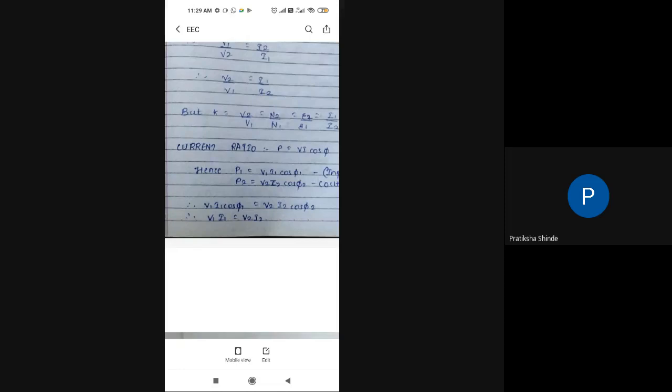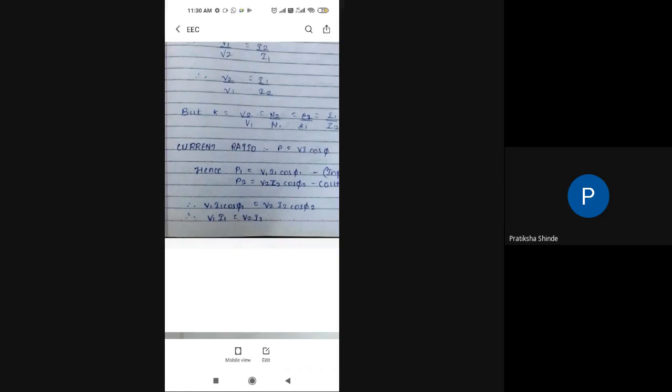Whenever the primary voltage is greater compared to the secondary, you can consider this a step down transformer. Step down means the output voltage level is getting down, that's why step down. That means K is less than 1. And when K is equal to 1, your transformation ratio is 1, that is V1 upon V2 is equal to 1, and your transformer is an isolated transformer, also called a 1:1 transformer. That is not actually given, but this is your transformation ratio.